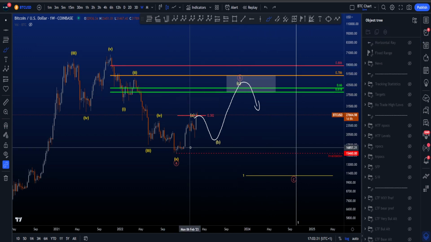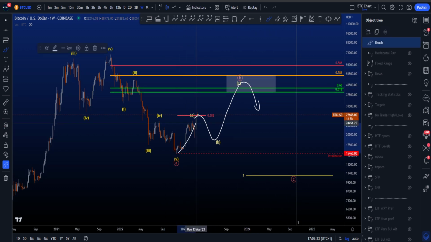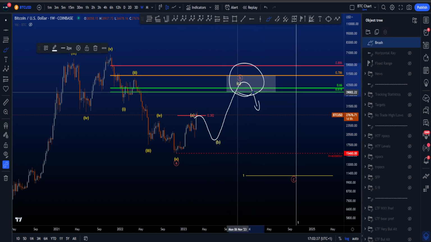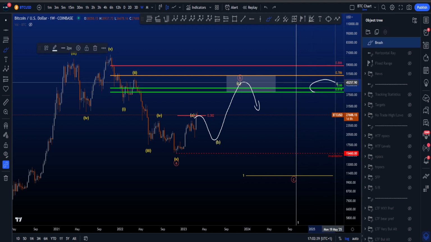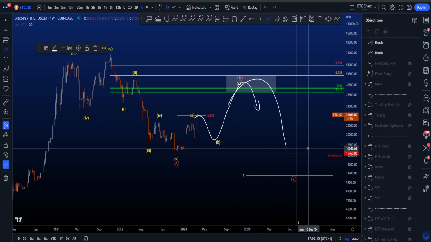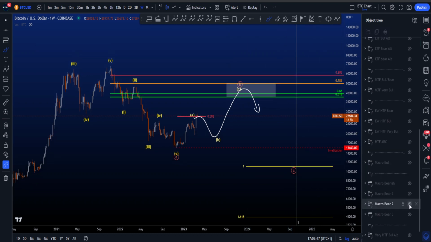Inside of this wave B, we are then looking for a zigzag, which is a 5-3-5 wave move, where the most common targets for a wave B are the golden pocket over here starting at 39k and the 786 at basically 50k, and after reaching this we then wait again for an impulse to the downside in a bigger wave